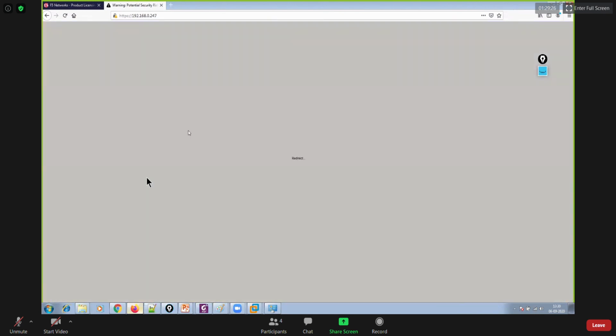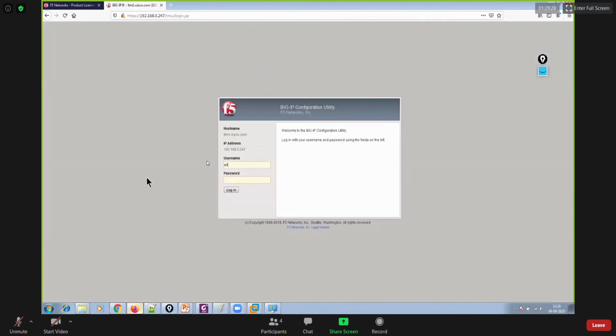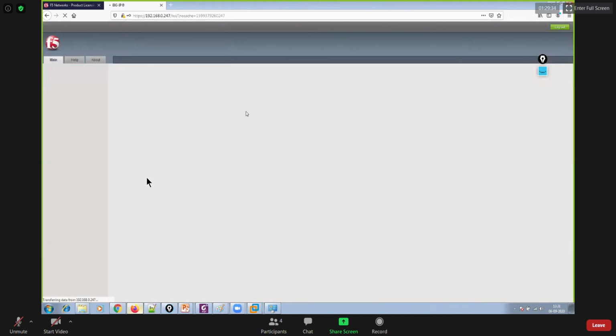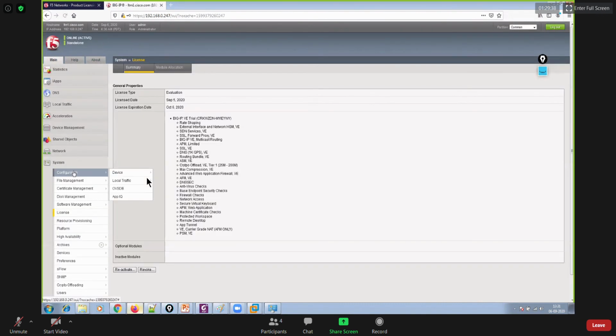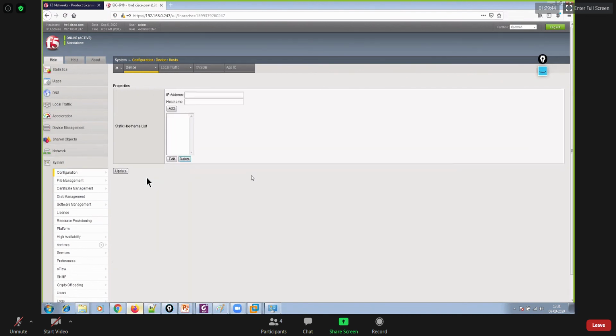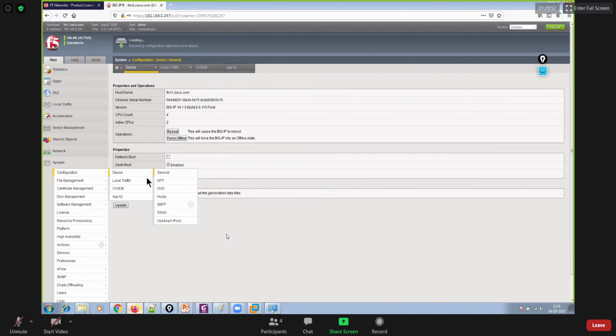Accept risk and continue. Username admin, password. And thereafter go to host file, system configuration, then host. So management IP itself got changed, right?